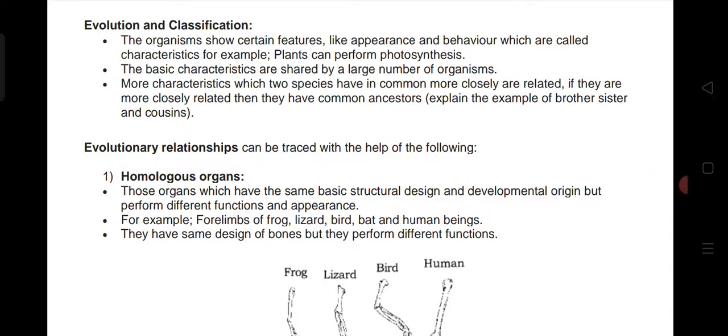Today we are going to see Class 10 Science Biology, and we are going to resume Chapter 9. We have already covered the heredity part, and in the evolution part we have already seen the basic introduction. We have seen the illustration which is explained, and also seen the difference between the inherited trait as well as the acquired.